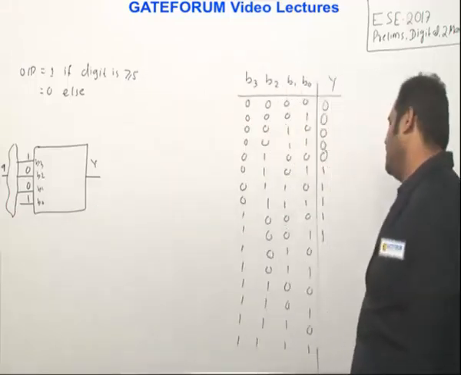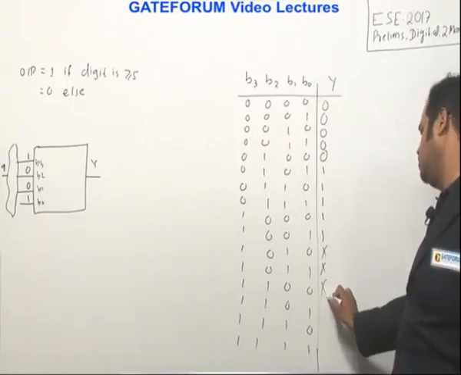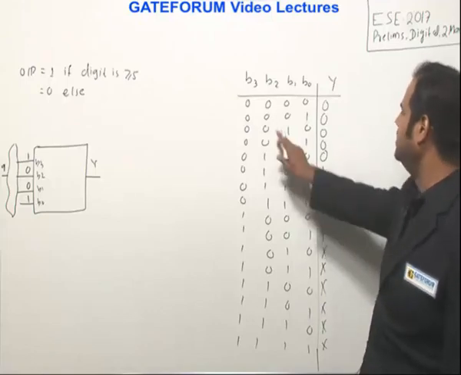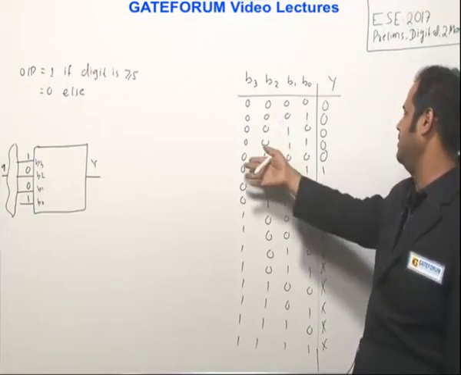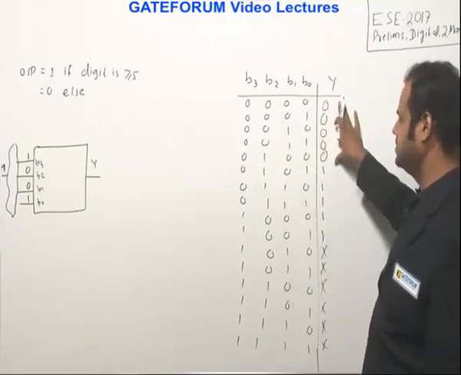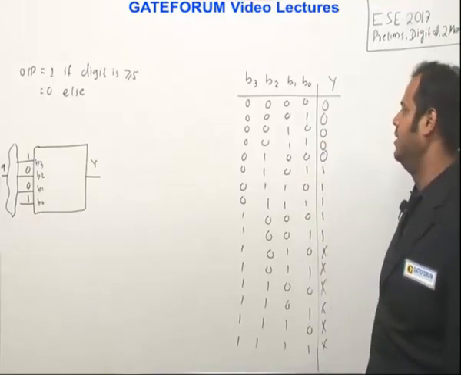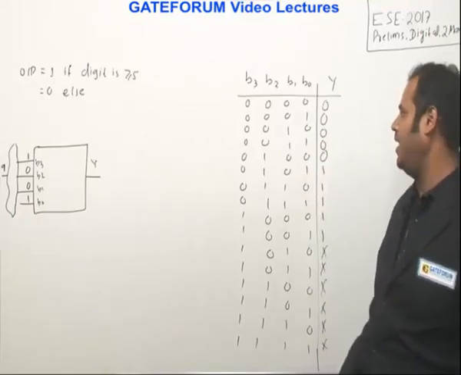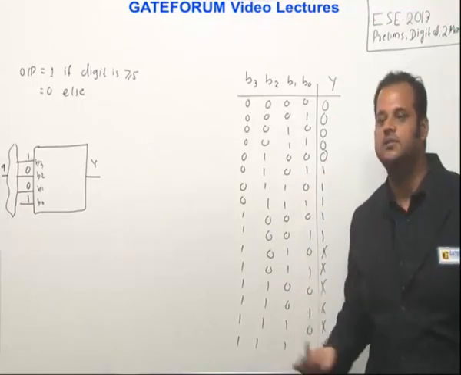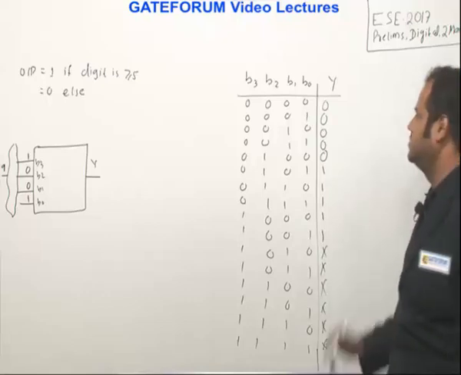And you know very well, if there is no information given in digital, we always consider them as what? Don't care combinations. So up to this, the decimal equivalents are 0, 1, 2, 3, 4. In this case the output is 0. And then for 5, 6, 7, 8, 9 the output is 1. And beyond 9 there is no information given, and these are considered invalid inputs. When invalid inputs are given to a digital circuit, we by default take the output as don't care. So with respect to that I have put a cross here.